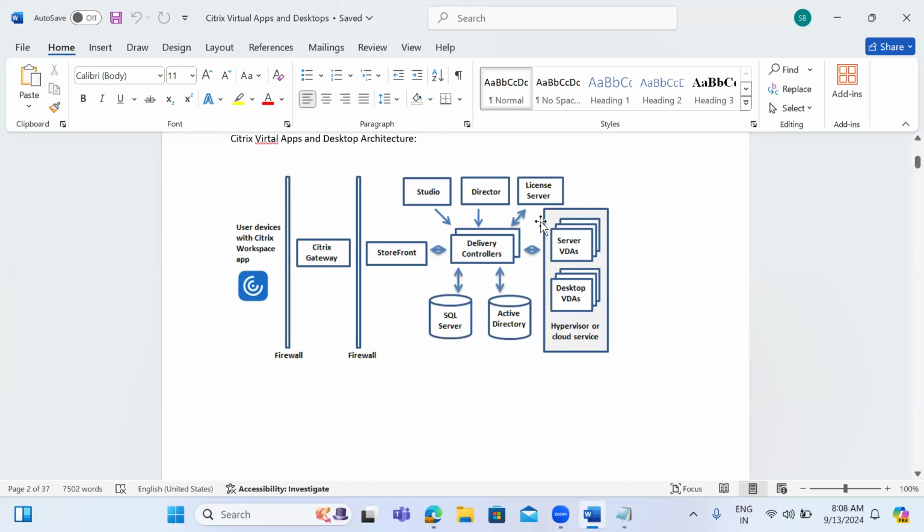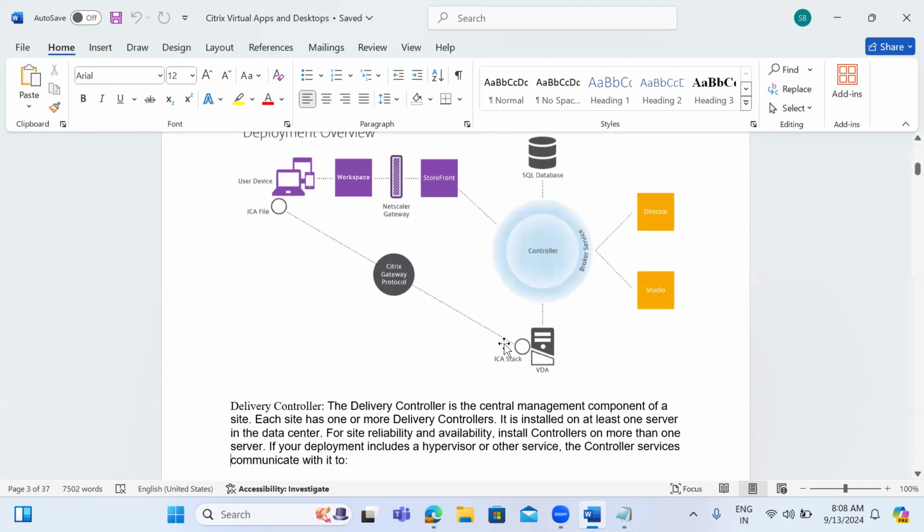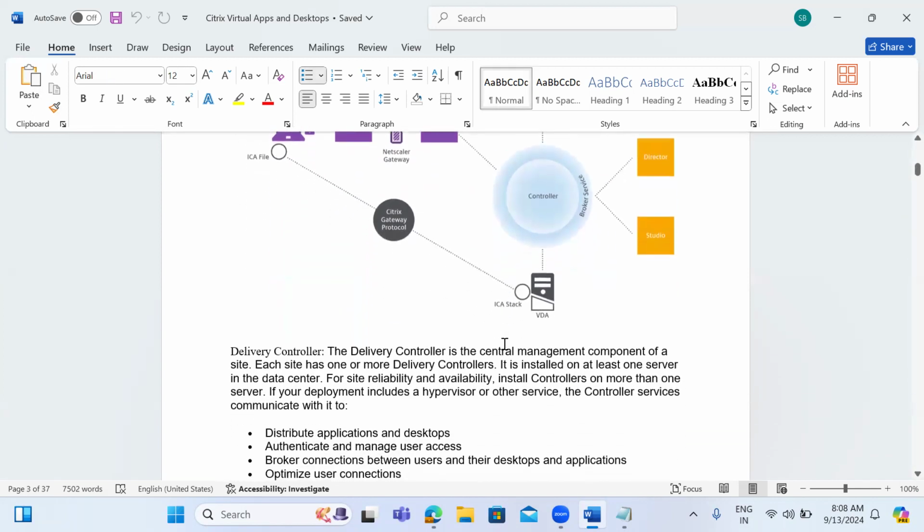So all these devices or servers should be part of the domain. That is the reason Active Directory is required. Active Directory is internally required. Database, yeah. So these are all the components. I'll explain the enumeration process, but the main component is